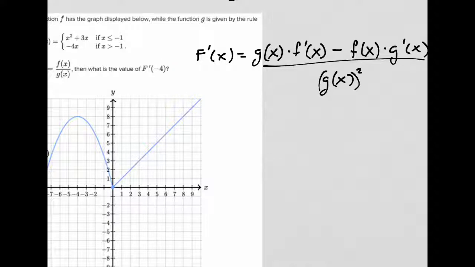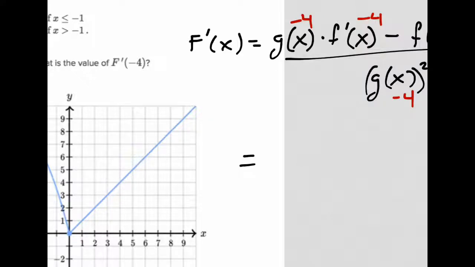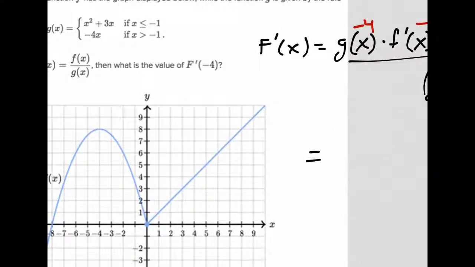-4. So I got to plug in a -4. Now G is represented by the piecewise function. So G, regular G of -4. Well, where does -4 fall? It falls into this part. So I have to use this. Negative 4 squared. Should I write that? I guess I will. Negative 4 squared plus 3 times negative 4